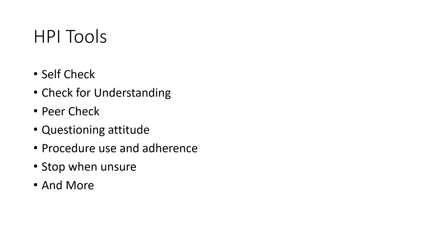So some examples, we have self-check. So, instilling people with an awareness of their actions and an ability to be reflective in the moment. Very difficult. Check for understanding. This is a very critical one for management or supervisors, anybody directing work. When you give somebody a task, to ensure they perceive what you said the way you did. This can be a huge source of human performance issues in general.